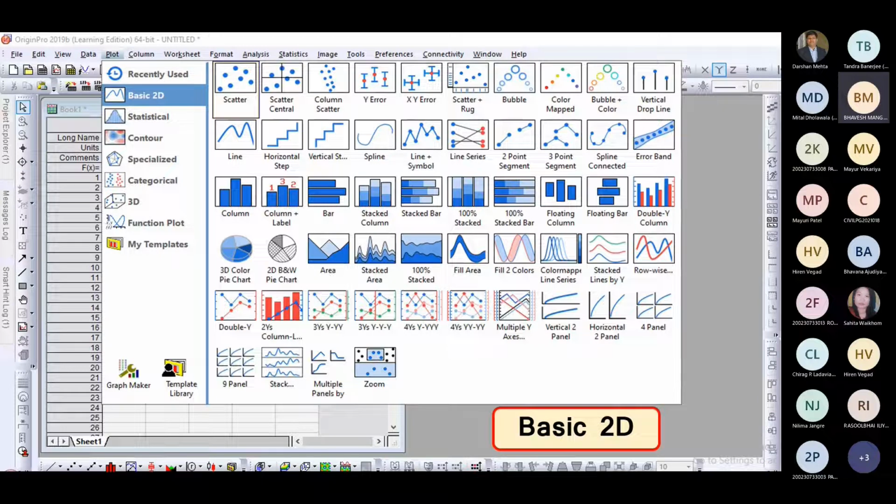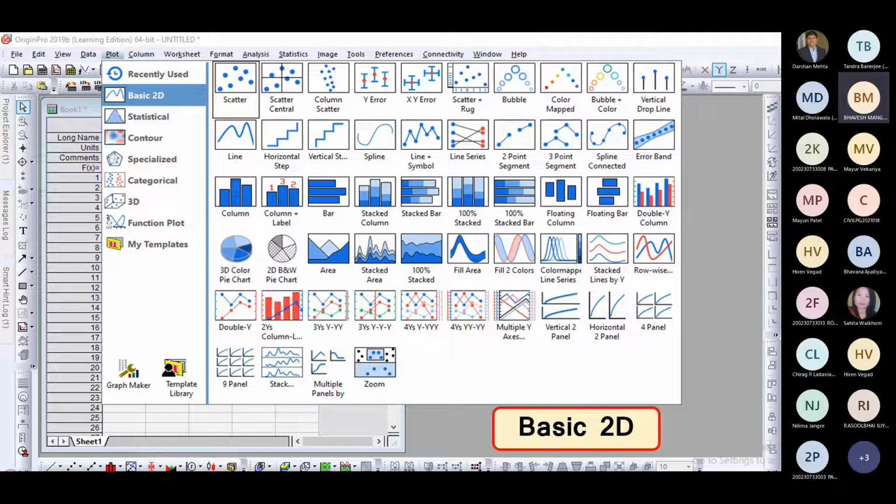These are the point oriented graphs. After that, graphs related to line: line, horizontal step, vertical step, spline, line plus symbol, series of line, 2D point segment, 3D point segment, spline connected, and error band.